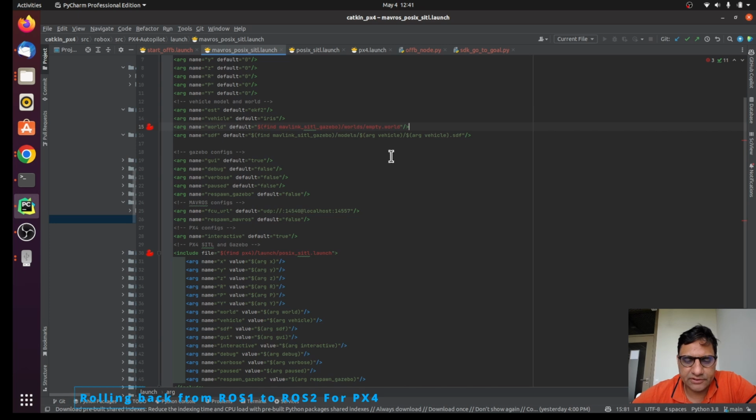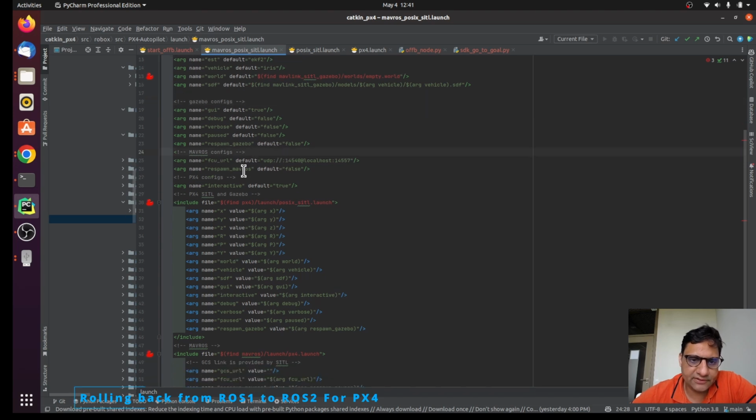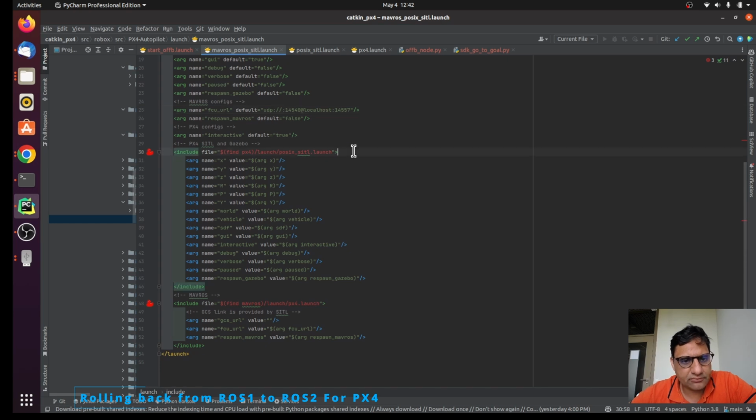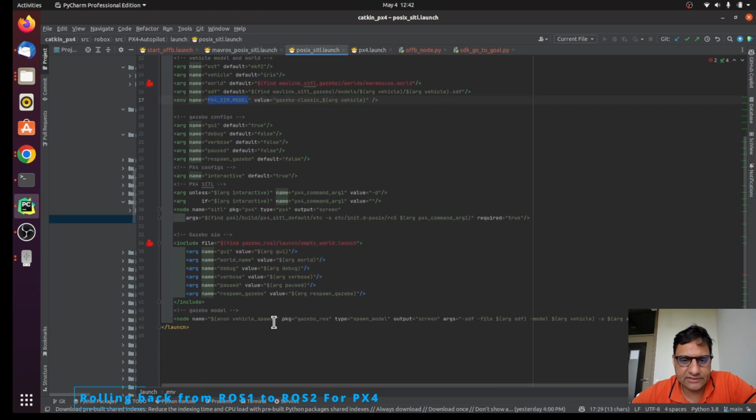So you can load any kind of Gazebo configuration. This is the MAVROS default port here, localhost. Later on, if we practically do this, we have to give the complete remote UDP of that. And this is the PX4, so it's again including PX4's file in it, which is nothing but